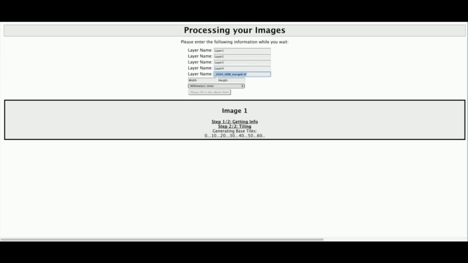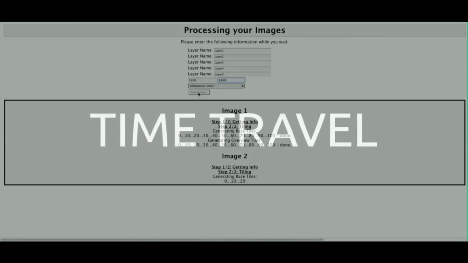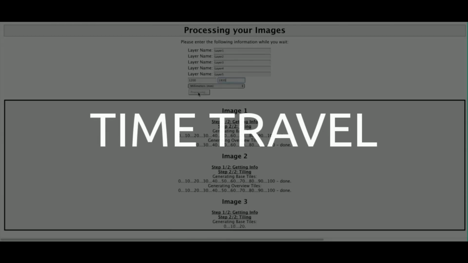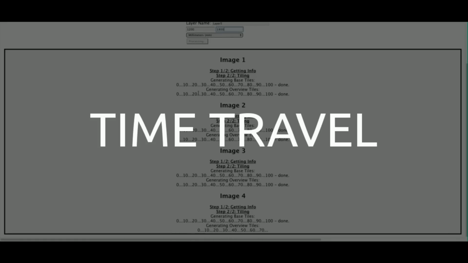So let's see if we can skip forward a bit. Okay, so I'm putting in 1200 by 1500 millimeters. And then after we time travel, that button that says processing right now, we'll just say continue. And then when you go, you'll be on the OpenLayers page, and you can just save that link and